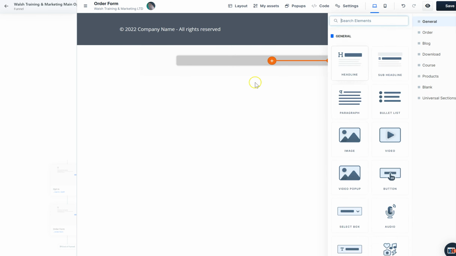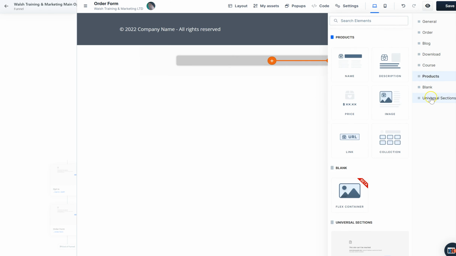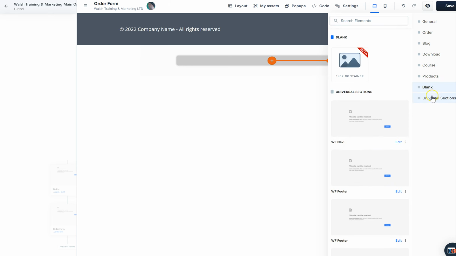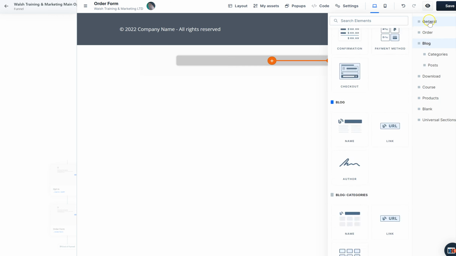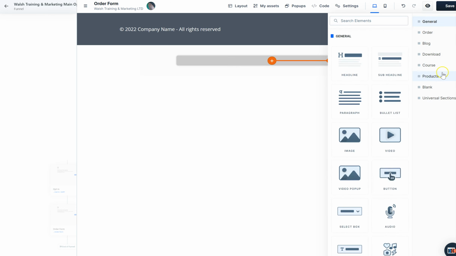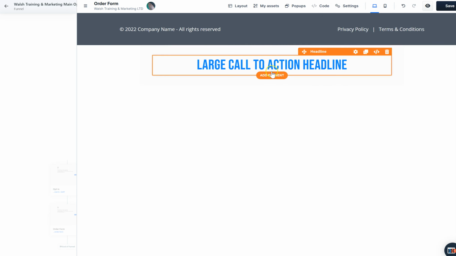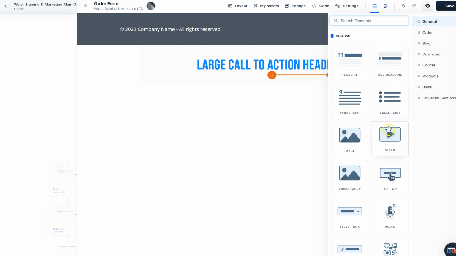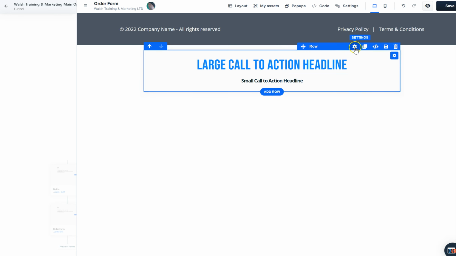I'm going to have one column, and then I'm going to look in here and see what awesome little things we've got, little boxes and stuff like that. Let's see if there's something that we can use that's content related. A lot of the order elements obviously are on here, but I just need a substitute because there wasn't actually a template ready for the thank you page, right? So I might just have to build one of these things. So I'm going to have a headline, and under here, let's have a look, we're going to have a sub headline,